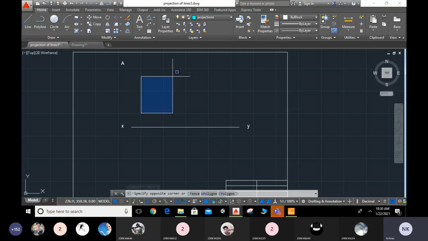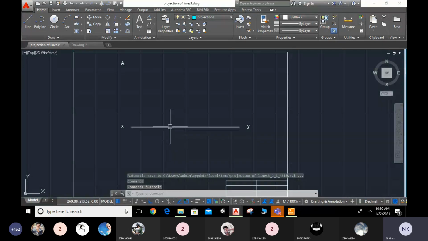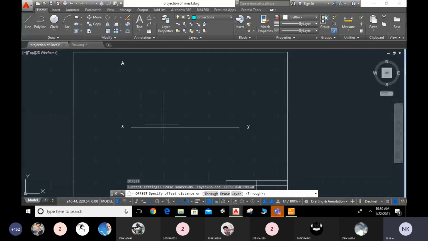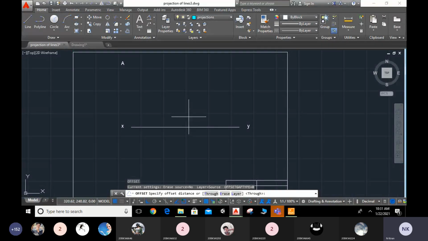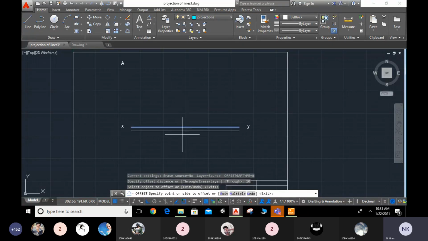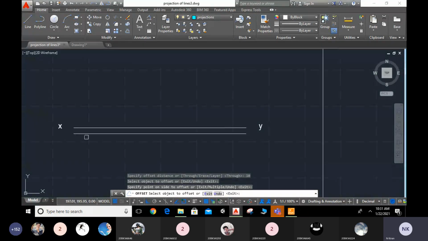A hexagonal plane parallel to HP. That's why we have to draw, and first of all we have to take an offset. Above HP, what is the value? 15 mm. Anyhow, we are taking the true length in the HP. I will take an offset in front of VP. What is the value? 10 mm. It is asking for the offset distance, 10. I will select this one, and this one, and I will draw here. This is our offset distance.